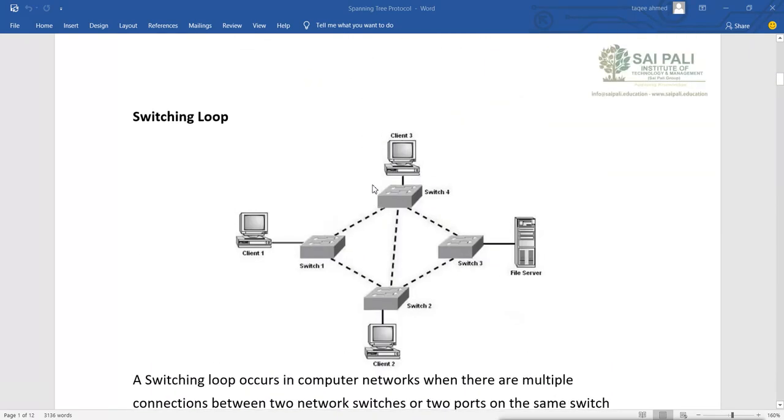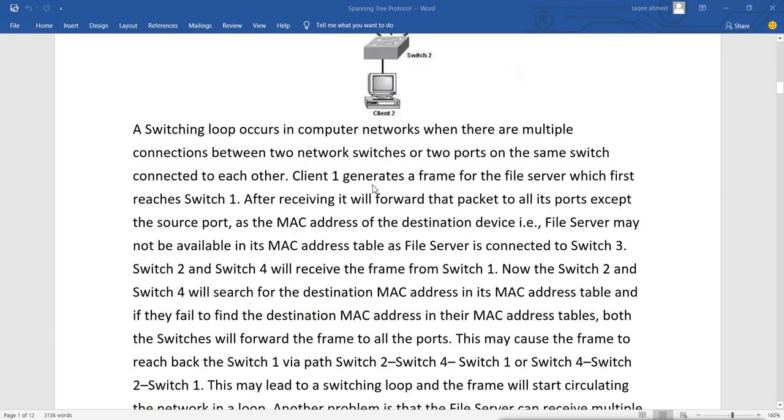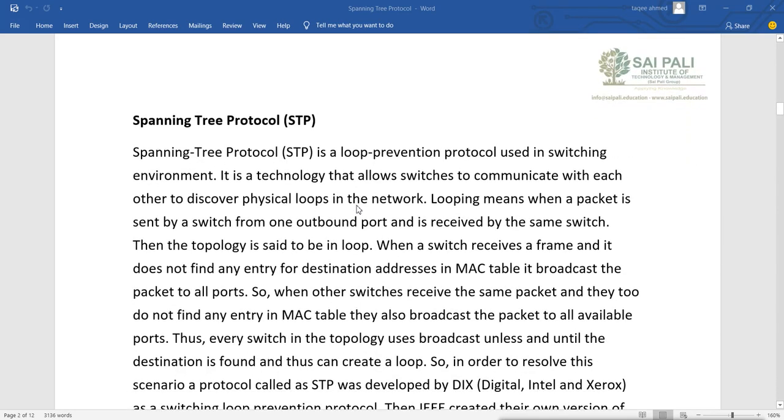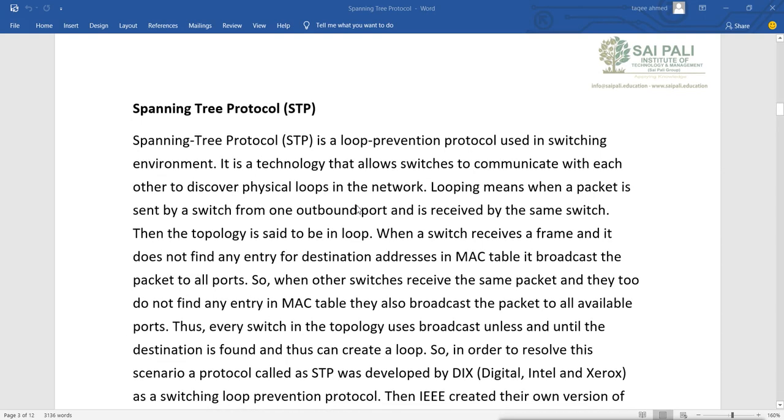Now to avoid this situation, we have STP, and by default this STP protocol is enabled on Cisco switches. And what does it do? It tries to avoid this kind of situation by disabling the looping interface.